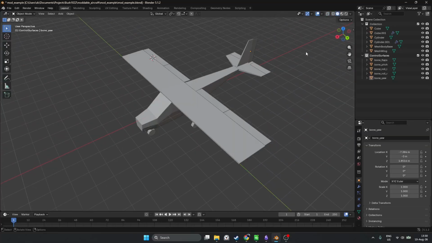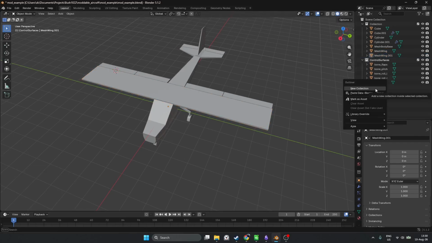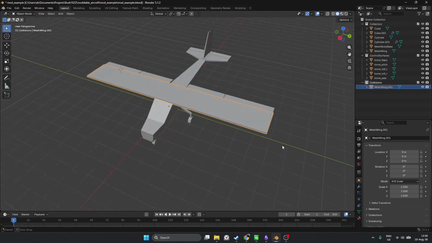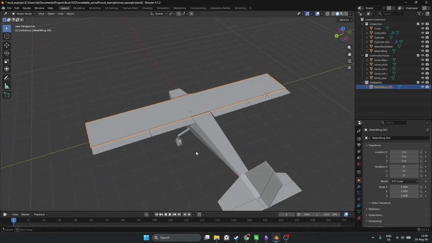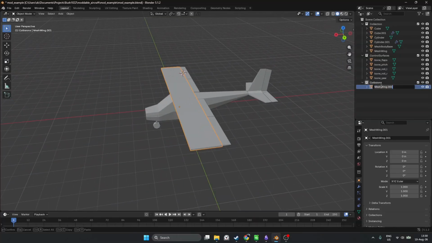Now this model is very simple, so I have my meshes here for the wing, and this one I can just straight up duplicate. I'm going to make a new collection and I'm going to name it collisions. And then I'm going to move the new mesh over here. This is a duplicate mesh. And since this mesh is pretty simple, it's going to work completely okay to just duplicate it, and then the name here doesn't matter, so I can just name it wing, and I'm going to add